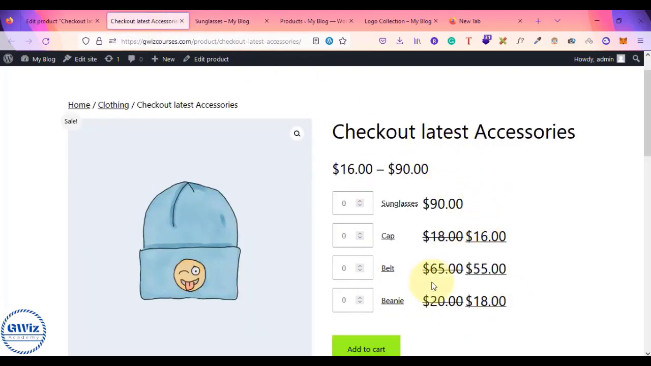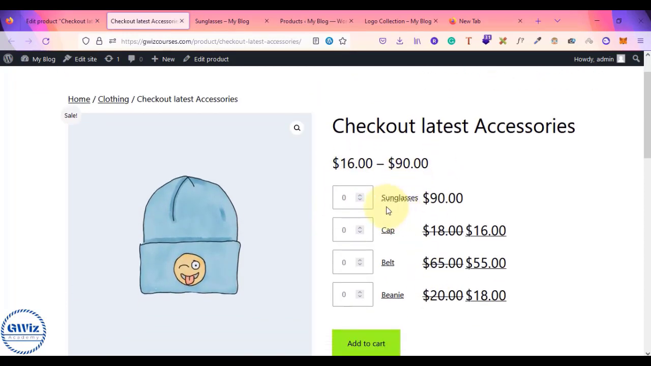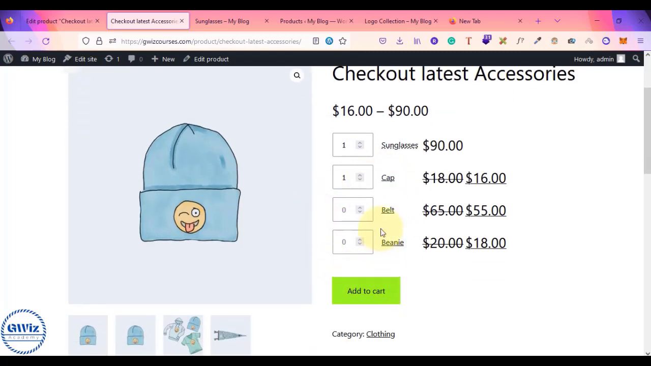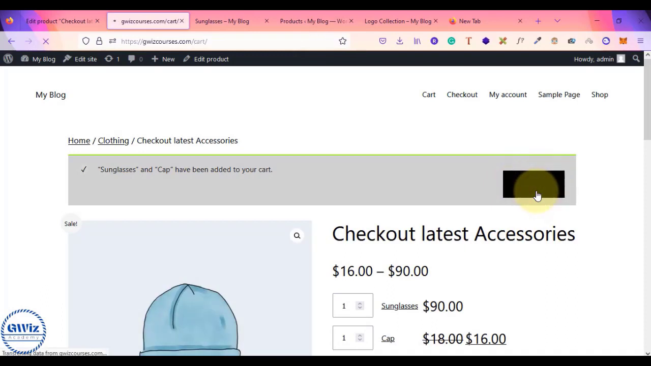So we have the title, the price range is being shown, and based on what the customer selects, they can just keep it blank. Here they don't want to buy the belt or beanie. They just want the cap and sunglasses. I'll click on add new, and these two products will be added to my cart, right? If you click on view cart, and if you see